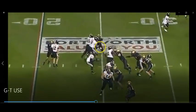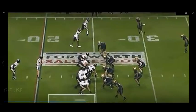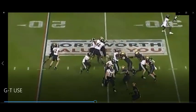Right there. You see it? Right stinking there. Run it till you can't. And I guess he's been coached to hit that right there. See right here? If he hits that joker right there, look, there's nothing there but space and opportunity. Unless that logo on the field tackles him, that Fort Worth logo, Fort Worth salutes you logo, tackles him. I don't know what's going to get him because linebackers have over pursued, but he's out here following